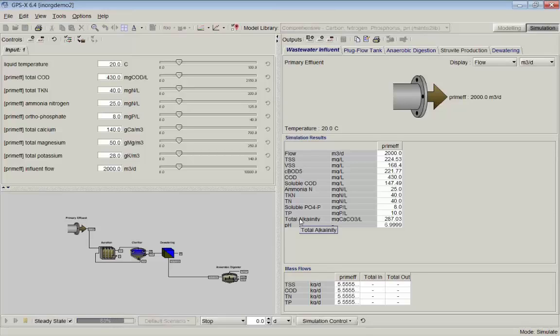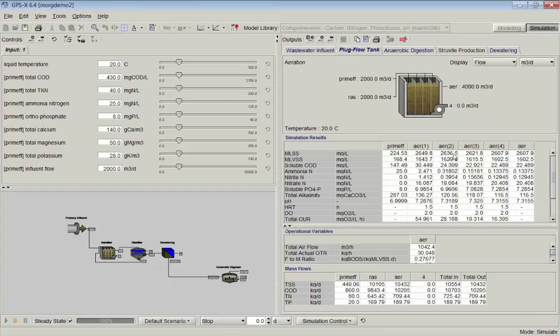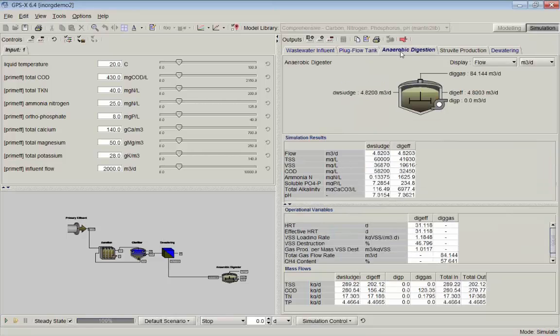I'm only going to do steady state on this particular example here. And what we can see is this is a fully nitrifying system. If I look at the plug flow tank, we can see our mixed liquor here. We can see the ammonia comes in at 25 and goes all the way down to 0.13. And I want to go over and look at the digester here. The digester is producing some gas, and it's doing 50% VSS destruction, so it's kind of more or less doing